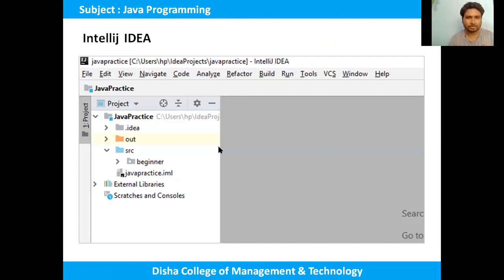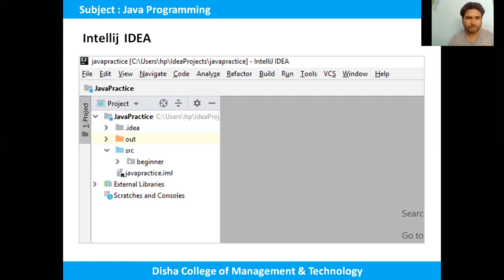When you install this IDE, you will get an interface like this. Okay, so this is the menu bar. This menu bar contains File, Edit, View, Navigate. So many menus are there. Okay, then this is the Java practice. I have just created a project. First, click File, then New, choose the New button or menu. Then from there, you can create the Java project. Okay, so this is the source folder, and at this location you have to create the Java programs. We'll discuss it later, when we start Java coding. Okay, I will explain it in detail.